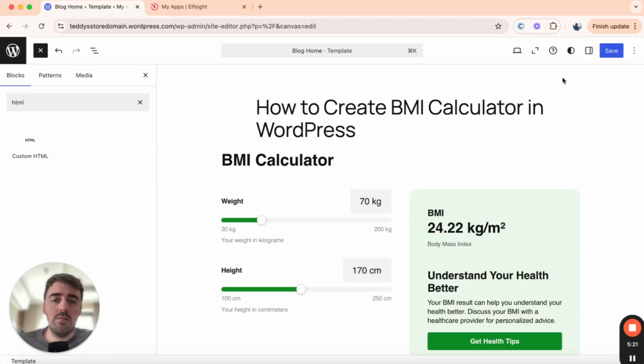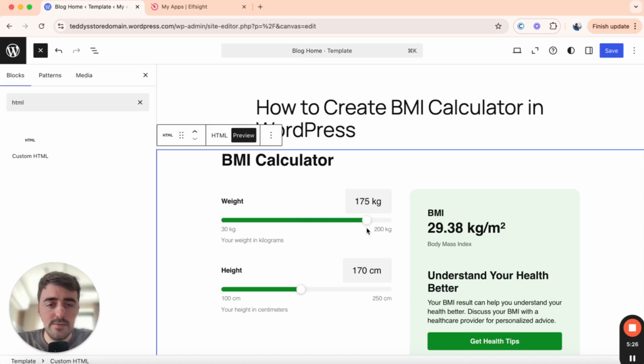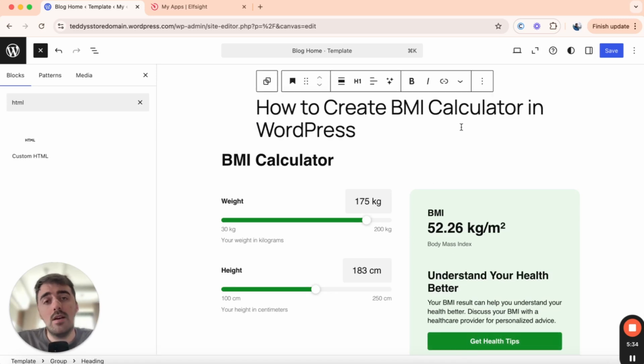Once you've done that, your BMI calculator will be displayed pretty much right away. And as you can see, it's fully interactive and it works just the way we want it to. And you can also click on get health tips here or whatever CTA you've decided to add. But that's pretty much it. That's how to add a BMI